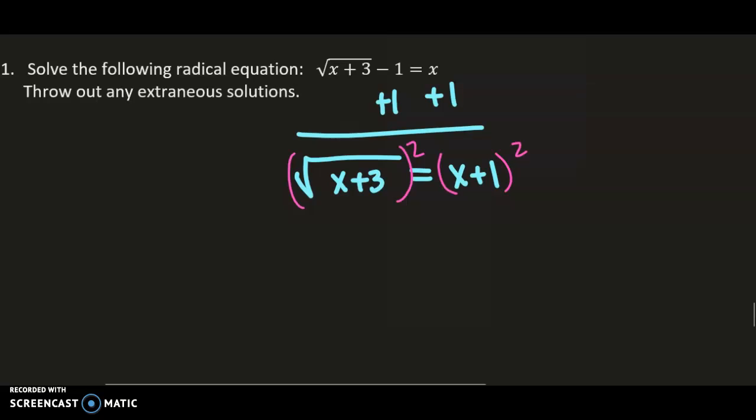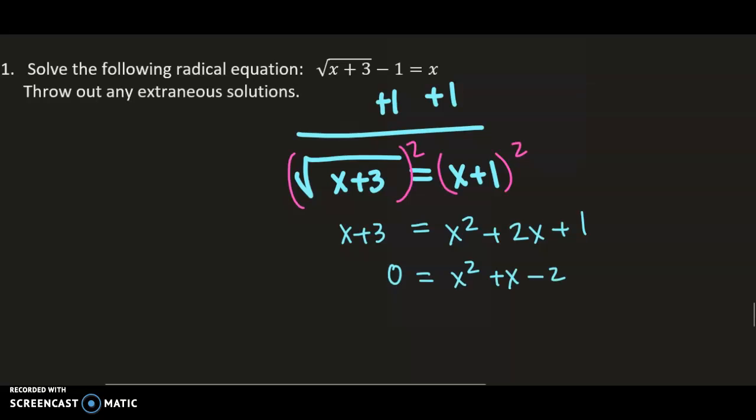So left-hand side, just x plus 3. Right-hand side, when we FOIL that out, we'll get x squared plus 2x plus 1. Got to write it in standard form. So take the x plus 3, put it on the right-hand side, and you get plus x